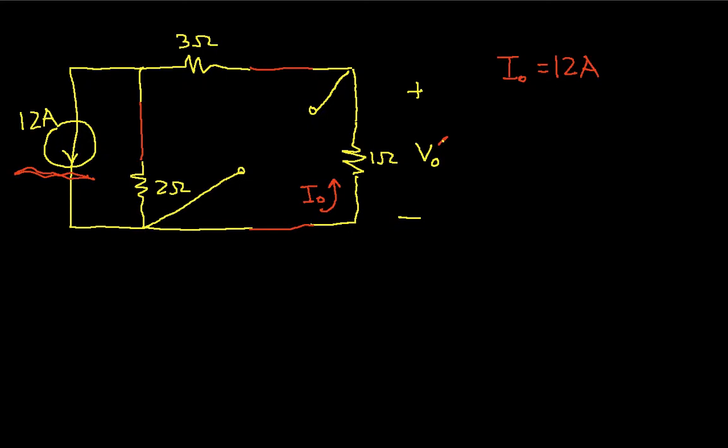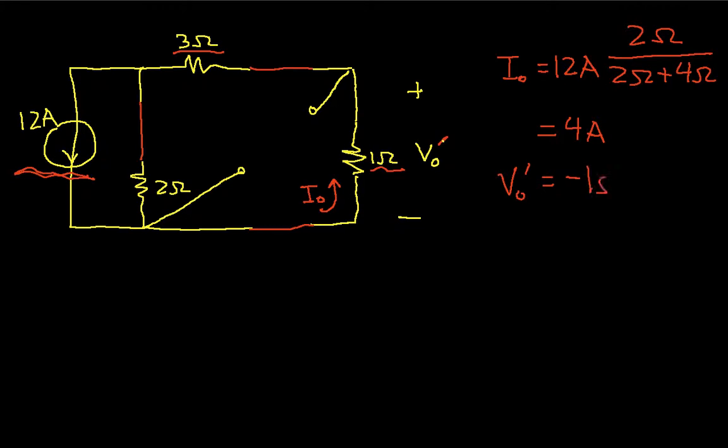The one it's not flowing through is 2 ohms, over 2 ohms plus 4 ohms, where the 4 ohms is the series combination of the 3 ohm and the 1 ohm. So when I work this out, I get I0 is 4 amps,